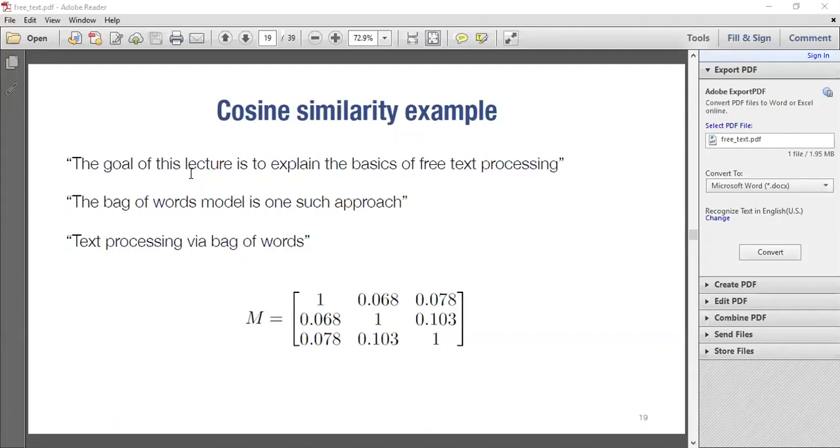For example, if you look at it now, you can see that documents 2 and 3 have a high similarity, which is 0.103.